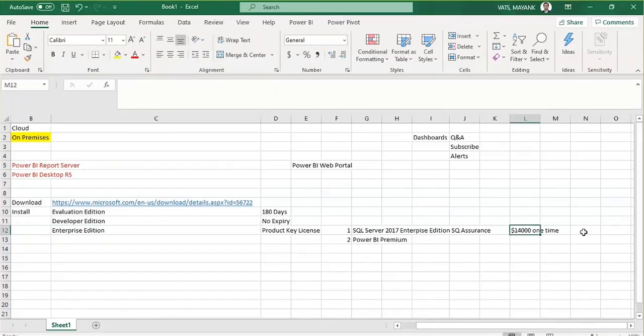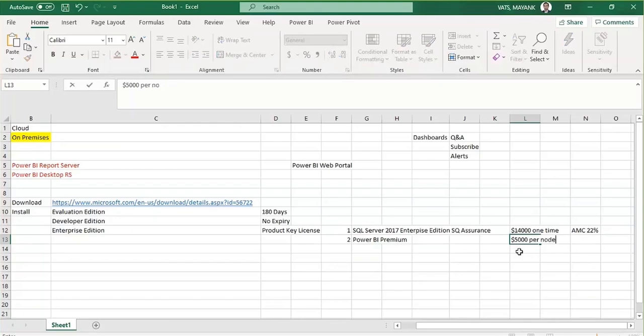After paying $14,000, you have to pay the AMC, the annual maintenance cost, which is 22% of the $14,000 every year to Microsoft as the AMC of SQL Server 2017. Or if you purchase Power BI Premium, it will cost you $5,000 per node, per month.